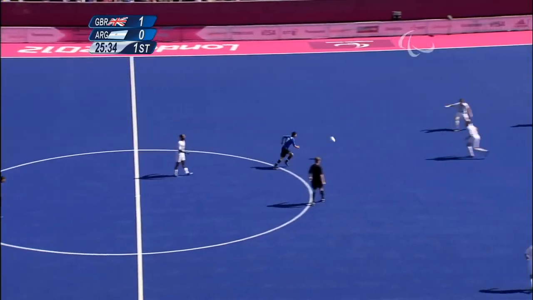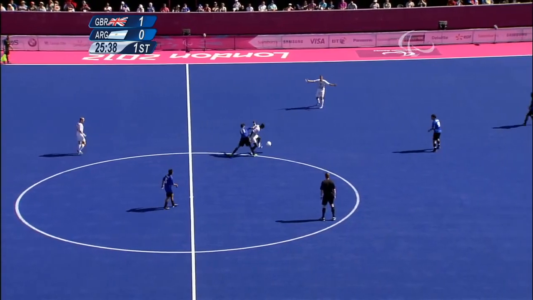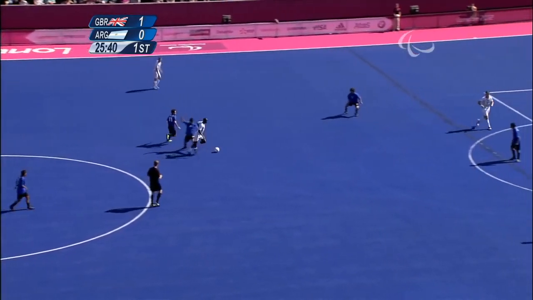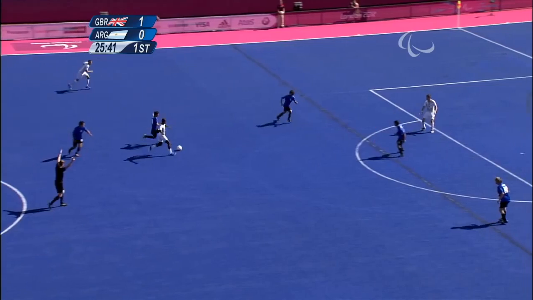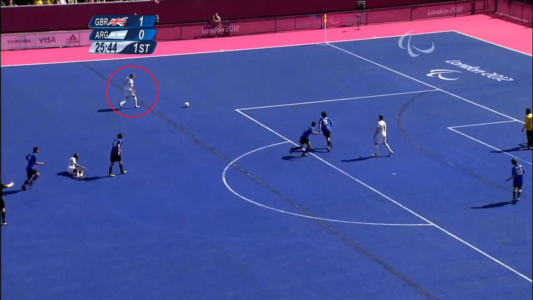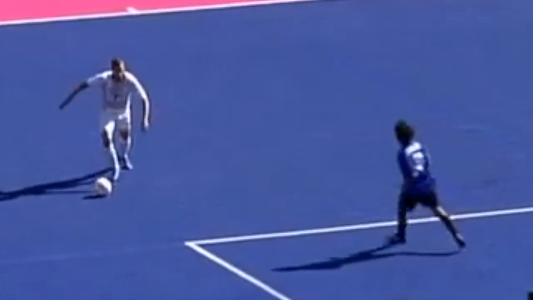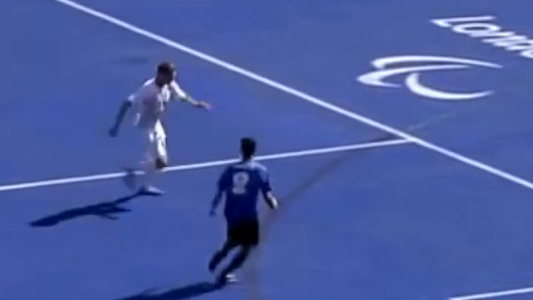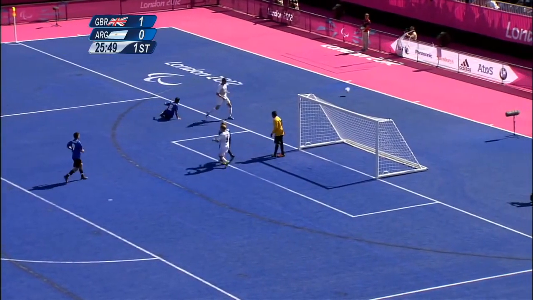The second goal that Britain scores comes from a corner kick. The build-up play starts when Britain get the ball in the midfield and try to play a through ball in between Argentina's center back and right back. The positioning of the defenders is good and they stop the through ball, but Britain's left winger does a good job at staying wide and waiting for the deflected ball, where he pulls off a good bit of skill to cut down the line past Argentina's right back, where it is kicked